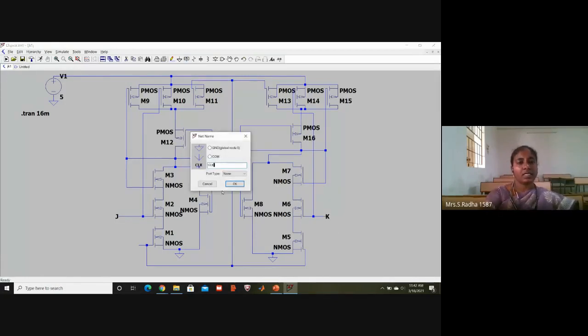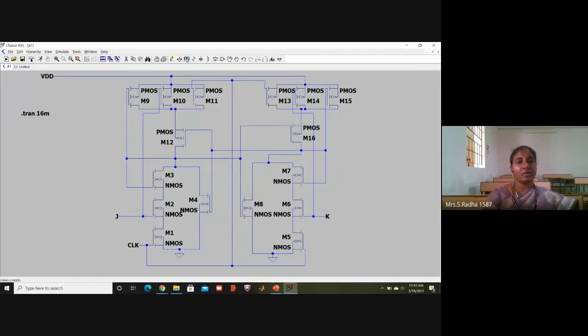And CLK is the clock. I will be fixing that square over here. And one more thing I will do. If you want VDD also, you can give a label. VDD caps I am giving. Same letters you have to remember, because in the symbol also you have to use the same letters. The square should touch the line. It should be fit with the line.